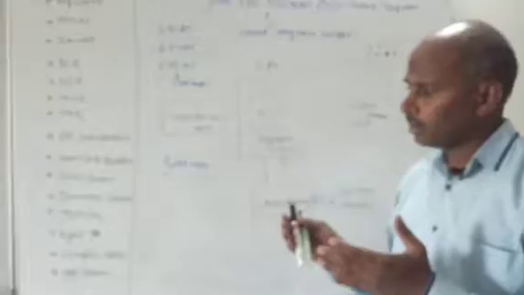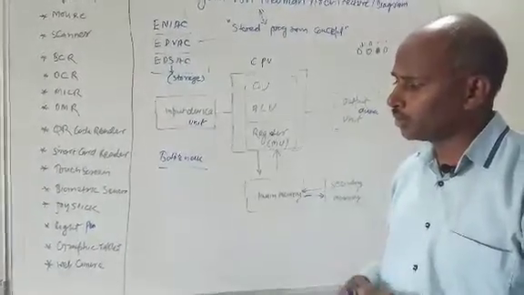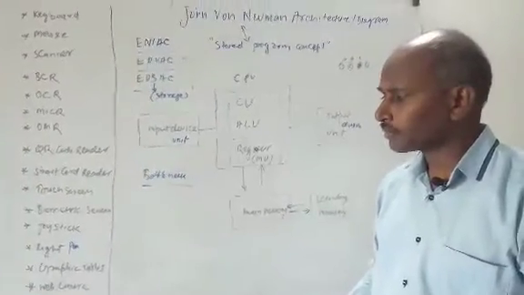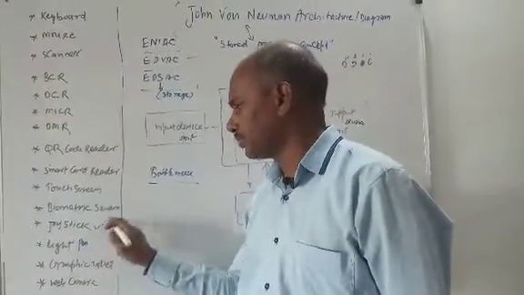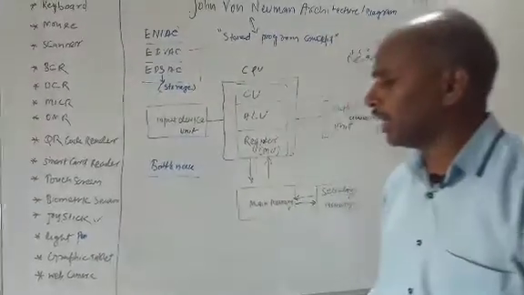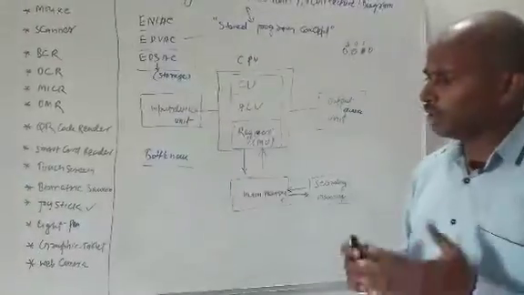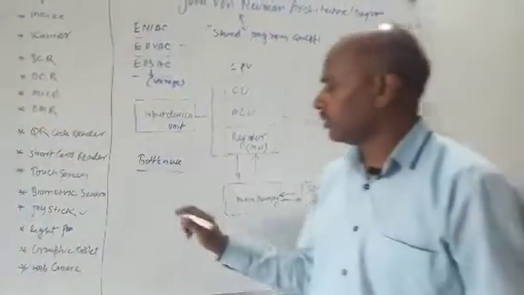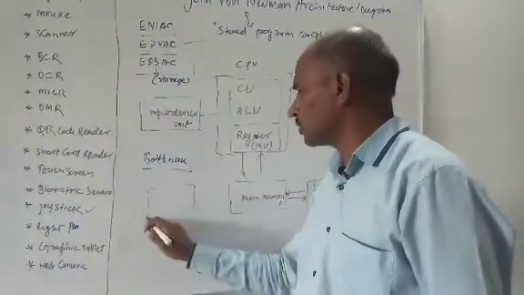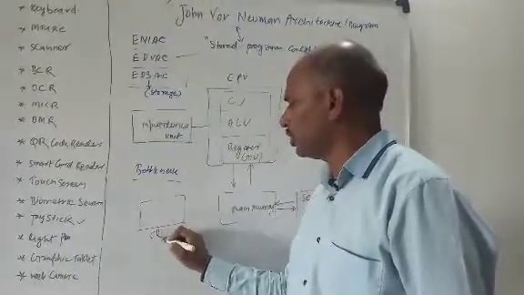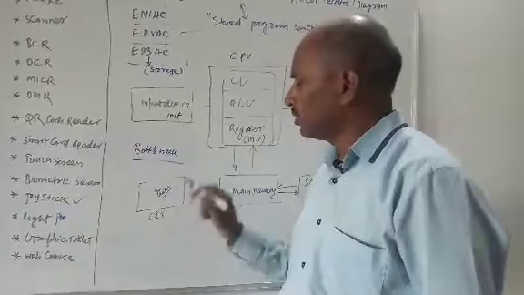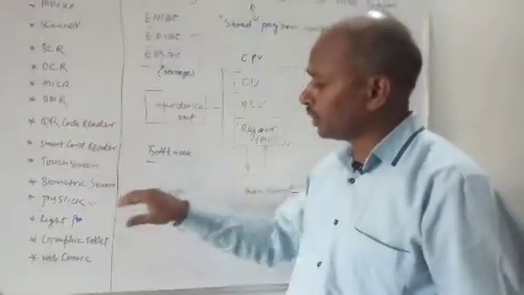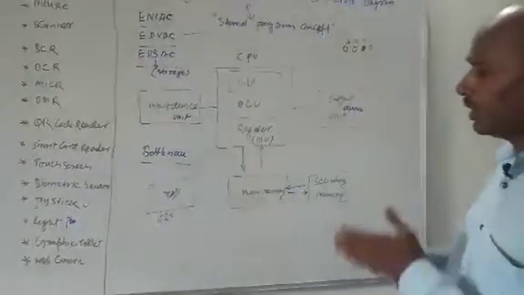Joystick. Joystick is a special type of input device which is used to input data. This is basically used for playing games. Light pen. Light pen is a special type of input device, and when we draw something on the screen of a CRT monitor, suppose I want to sign here, this signature is captured by the light pen and sent inside the computer system.